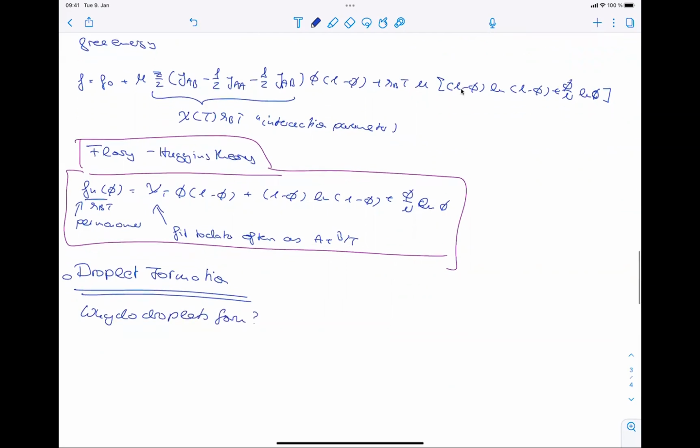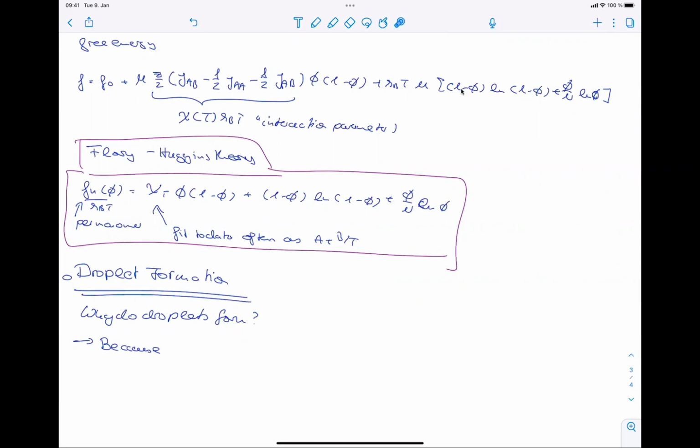Well, that's what we learned from looking at the free energy of binary mixtures. This happens if the mixed state is unstable. And this is the case if the solvent and the interaction between,